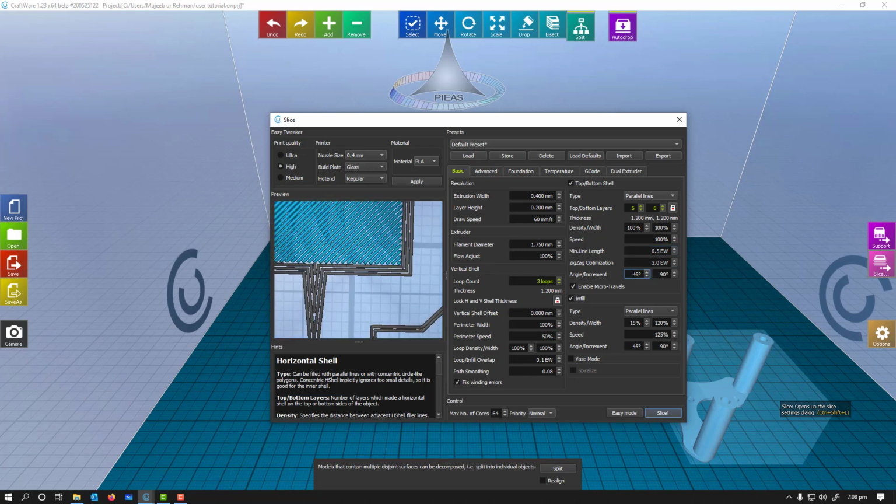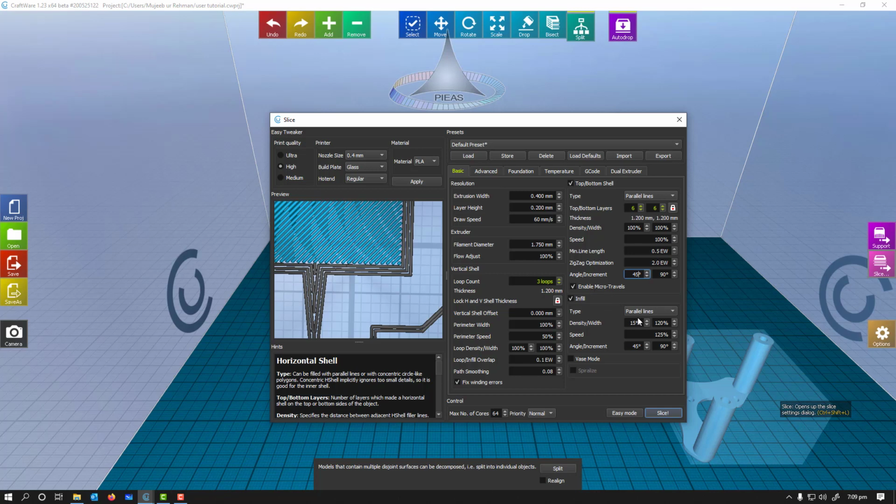So it will apply the check of minimum line length to this line or this thread. Next thing is angle increment, or the basic first angle. For example, this angle will represent the infill thread angles with the horizontal axis. If I shift this angle to 0 degree, these infill threads will be parallel to the x-axis. And if I go for 45 degree, the angle will be 45 degree with the x-axis, and the increment in each layer will be 90 degree, meaning the next layer will be perpendicular to this, but it will still be at 45 degree to the negative x-axis.